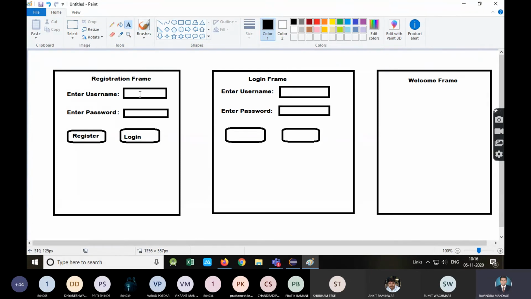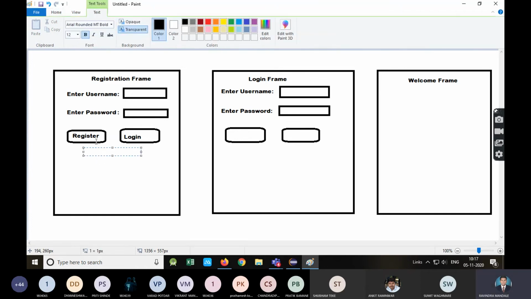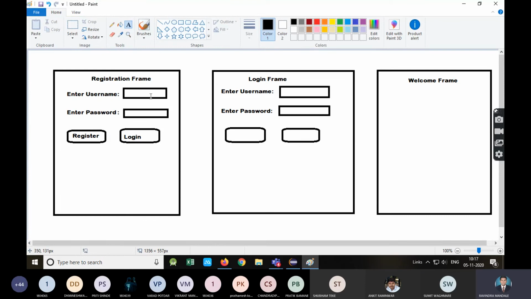What can the user do? If he is an existing user, then definitely he will click on the login button. When he clicks on login, I will redirect that user to the login frame. This will be the first thing. If he is a new user, then he can enter the details, username and password.